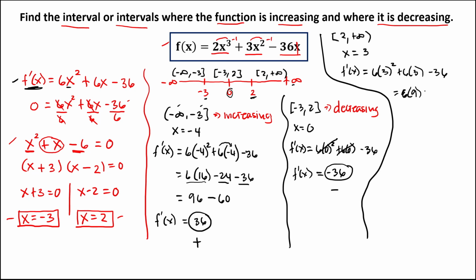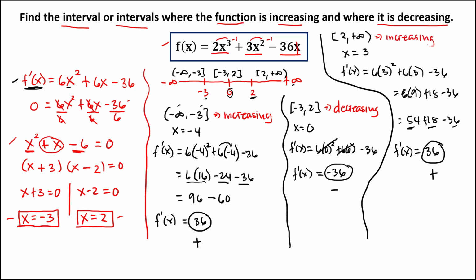This one is 9, so 54, plus 18, minus 36. So we have now f prime of x equals 54 plus 18, this one is 72. 72 minus 36, so we have positive 36. So since the result is positive, therefore this interval